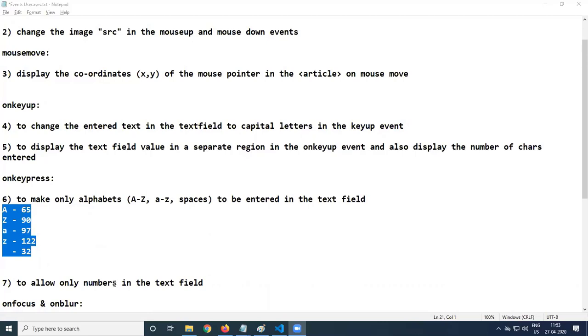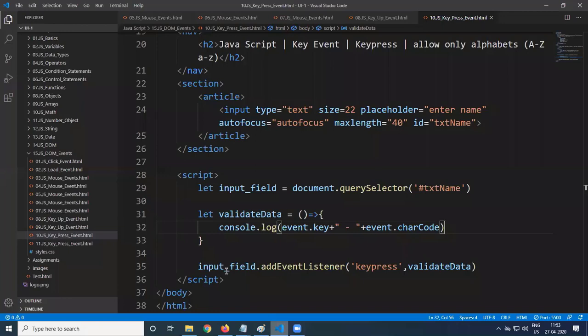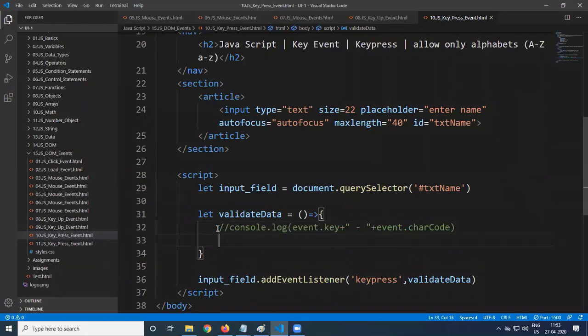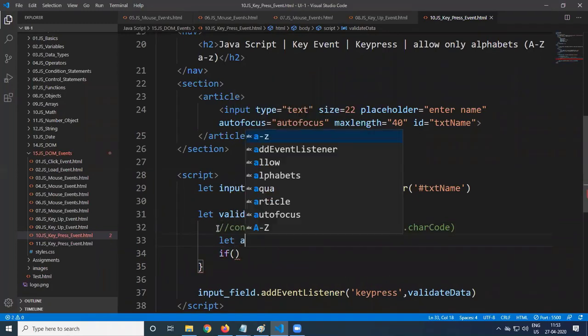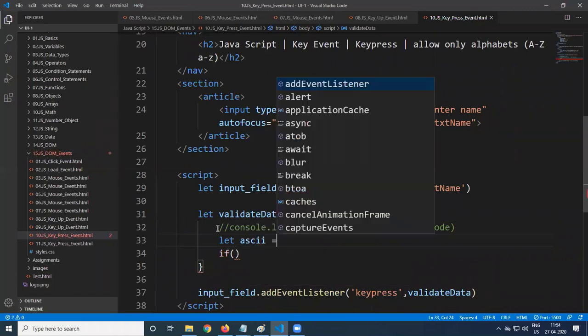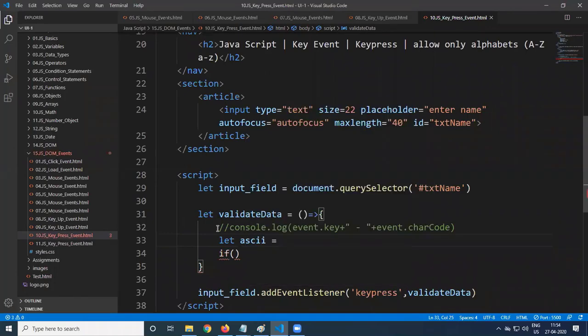Don't do that. So what is the default operation? The default operation of a key press is that the corresponding character should come. So what I do is get the ASCII value. Let ASCII is equal to event dot char code. So we are getting the ASCII value of the character that you pressed at that time.